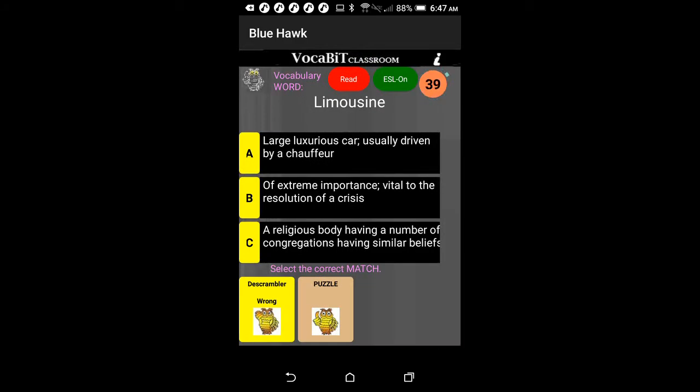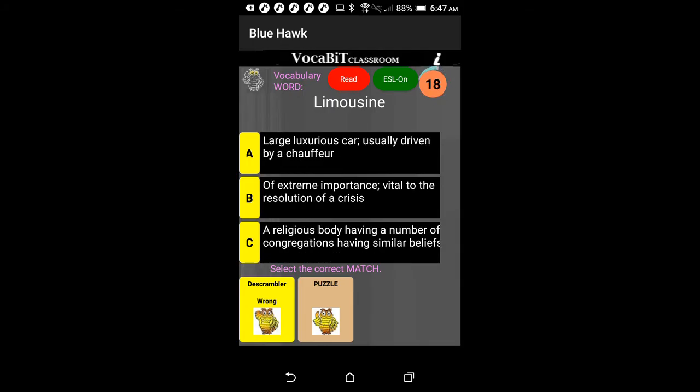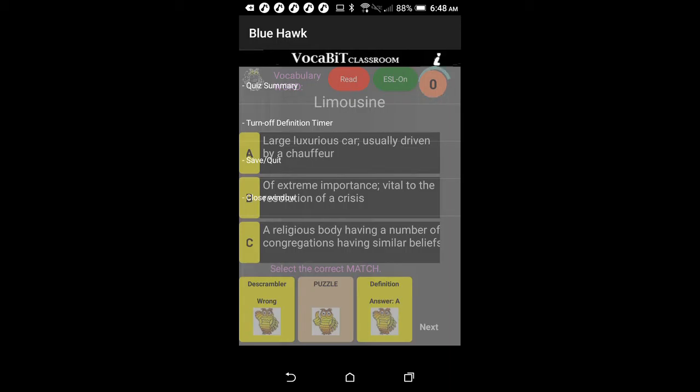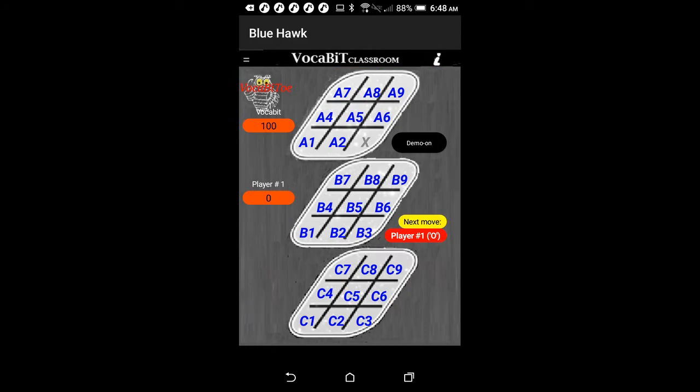And we're going to take a look at this in my native language of French, and then go back to English, and the answer there is A. And I timed out on that, so remember, you can go back if you're an English language learner, and you can turn that definition and timer off, so that when we go back and play again,